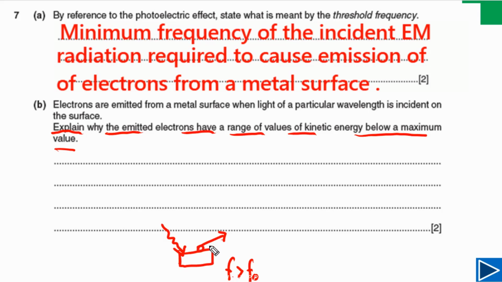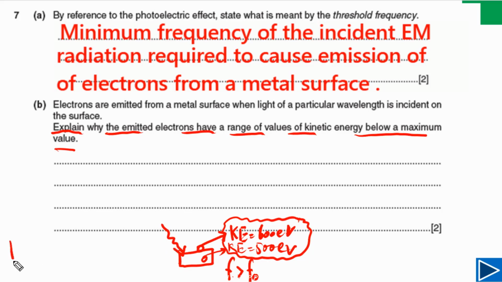Let's say this electron is emitted from the metal surface and the kinetic energy of this electron, let's say, is equal to 600 electron volts. Another electron is emitted from below the surface and the kinetic energy of that electron, let's say, is equal to 500 electron volts. Now in this case you can see these electrons, even though they are emitted from the same surface and the same light is shining on the surface, these photoelectrons have a range of kinetic energy. So this is what we need to explain, and we can explain this based on the law of conservation of